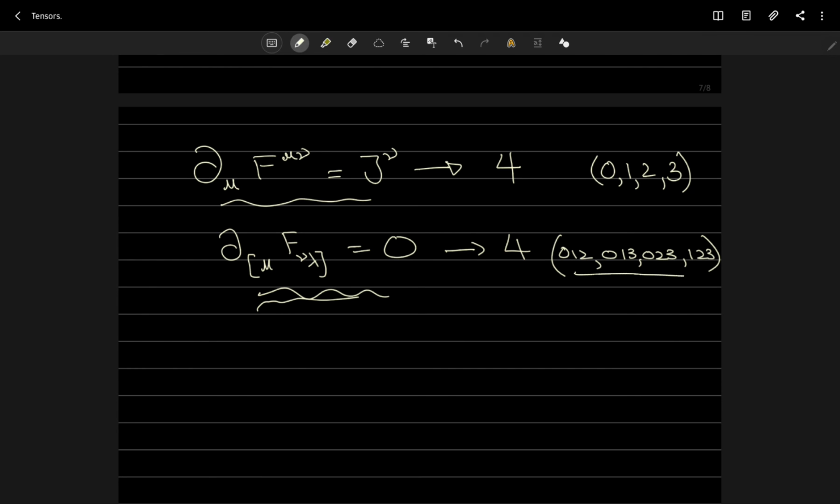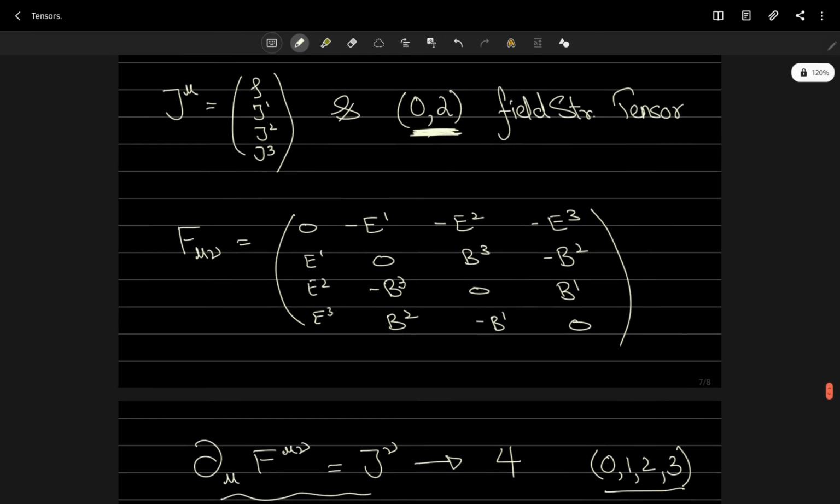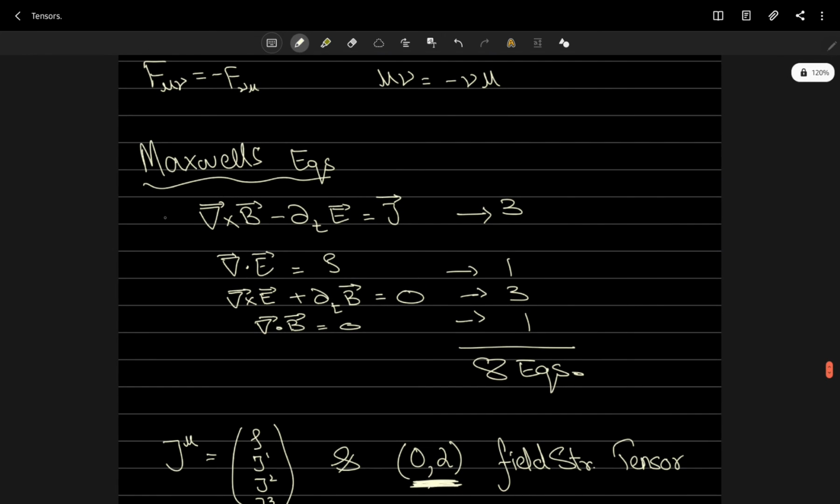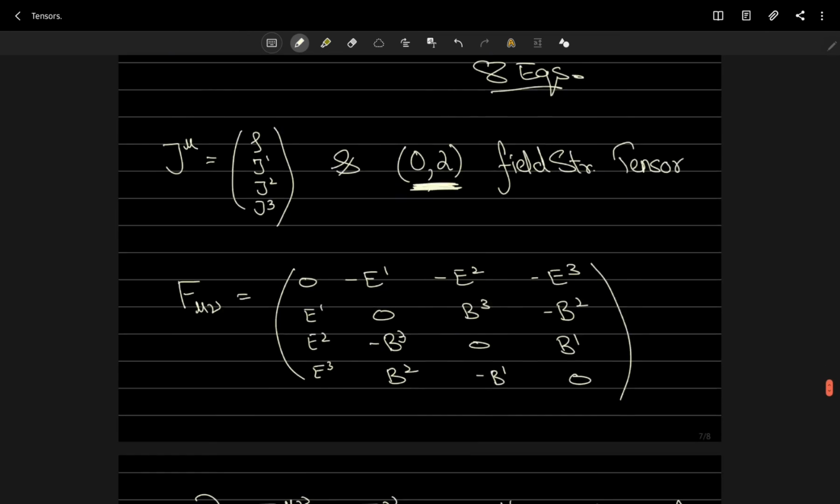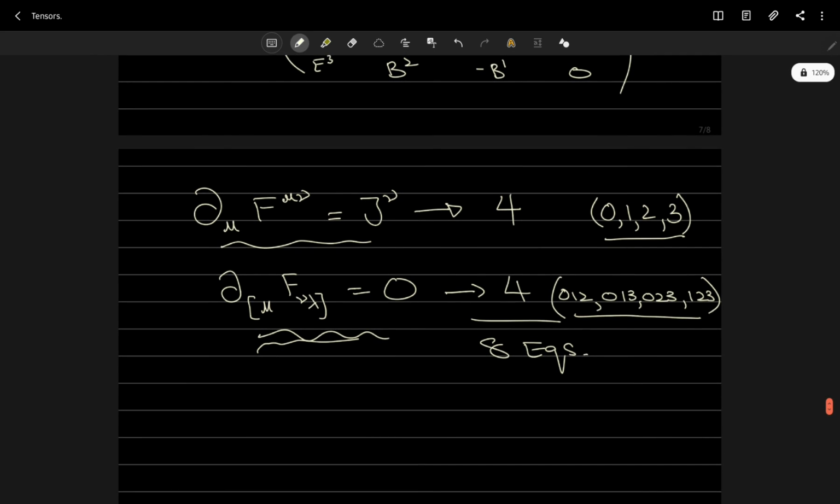So we have a total of 4 from here, and 4 equations from here, so in total we have 8 equations. Over here we had 4 equations, and from those we had 8 equations. But now, using the tensor language, we can just write down these 2 equations, and these 2 equations will give you all of the 8 Maxwell's